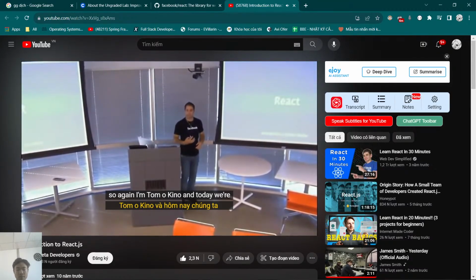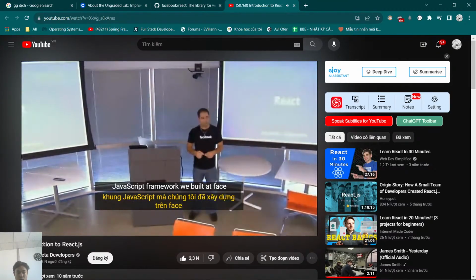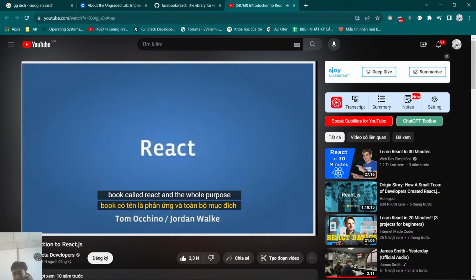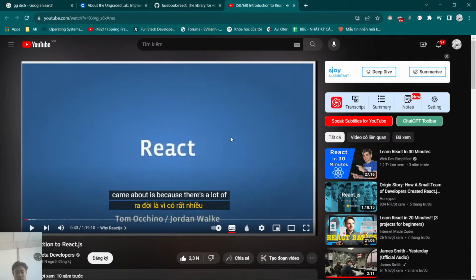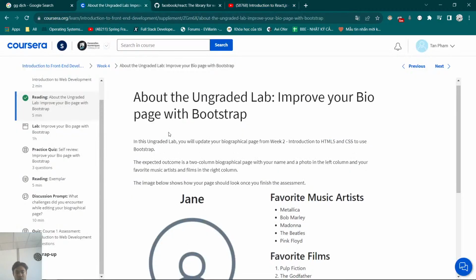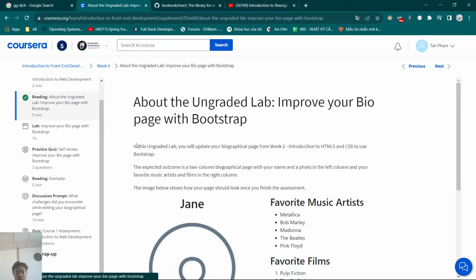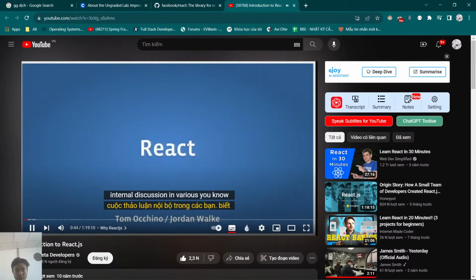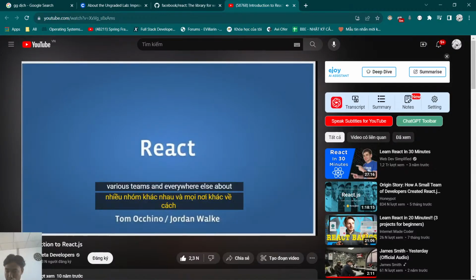So again, I'm Tom Occhino. And today we're going to talk a little bit about a JavaScript framework we built at Facebook called React. And the whole purpose of this framework, or the reason that it came about, is because there was a lot of internal discussion in various teams and everywhere else about